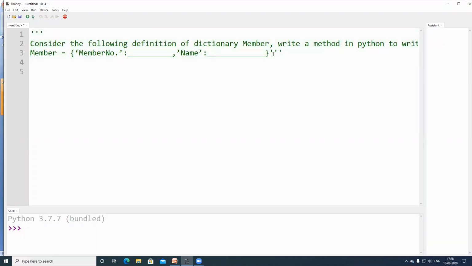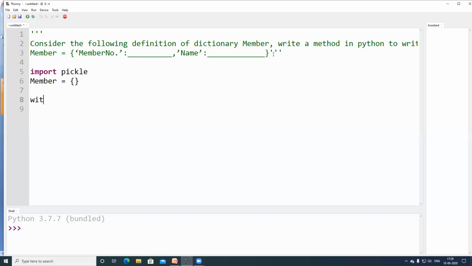So for my understanding, as you know, for a binary file, we are supposed to import one module, namely pickle. Then here I'm going to use a dictionary as specified in the question. So an empty dictionary.